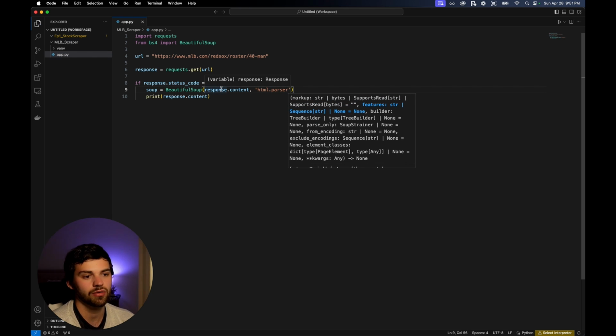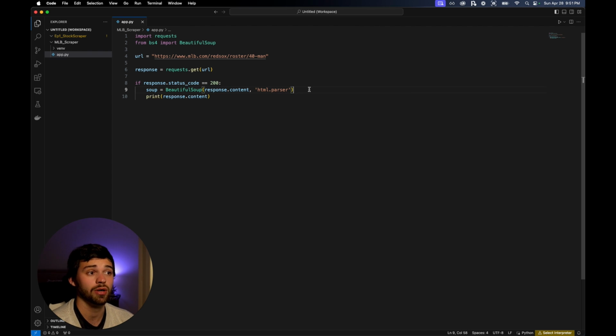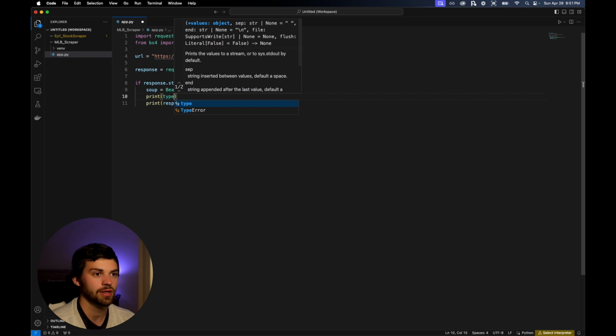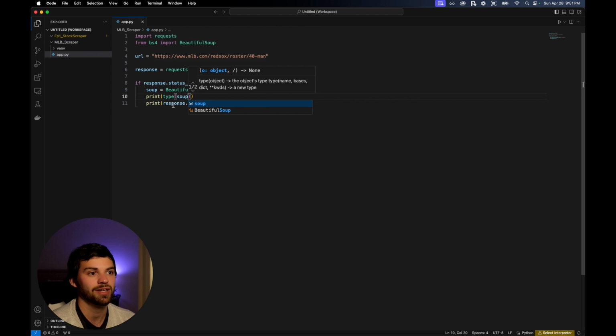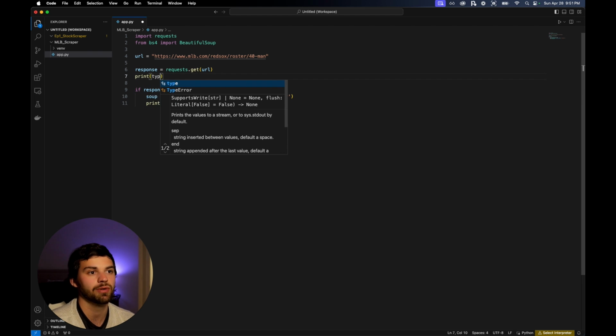If you're curious how Beautiful Soup really works, you can go to the documentation and read up more on it, but essentially it allows us to parse the HTML from the response we get from that URL. And like I said, HTML just makes up our web page. So let's print out the type of soup. And you'll see what I mean here momentarily. Let's print the type of response,